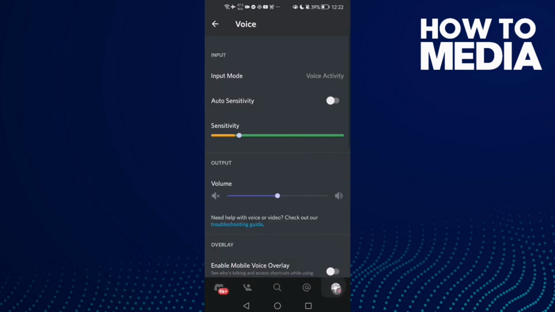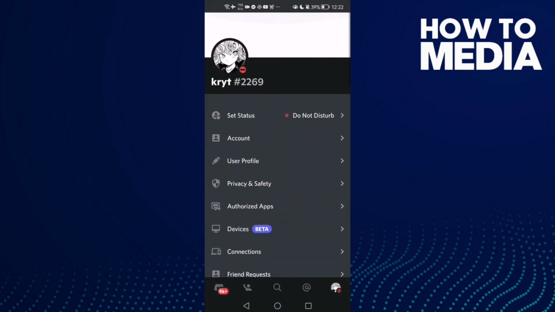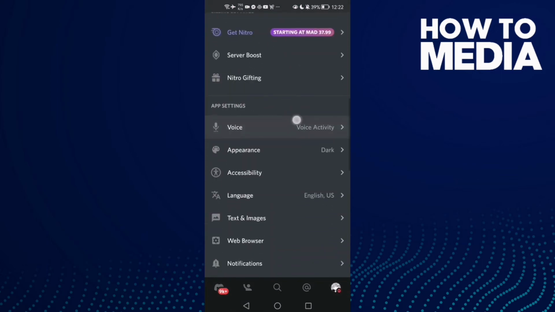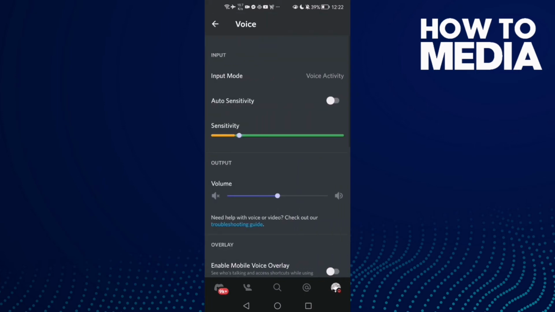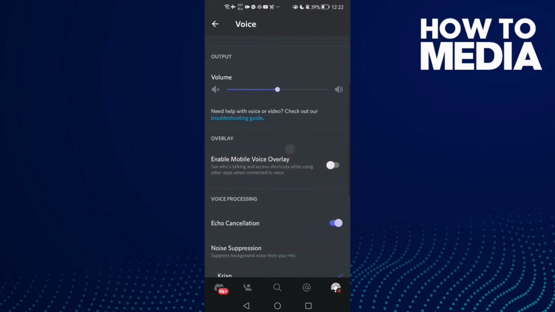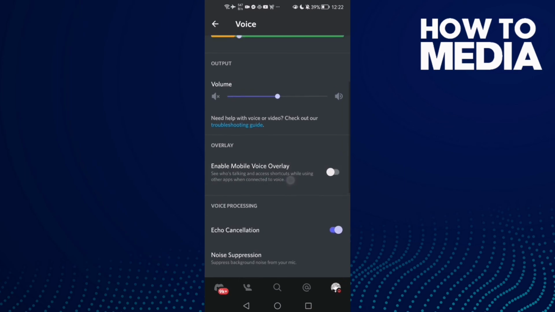and then open Discord and go to settings here, open settings, and then scroll down until you find voice, and as you see here we'll find enable mobile voice overlay and then